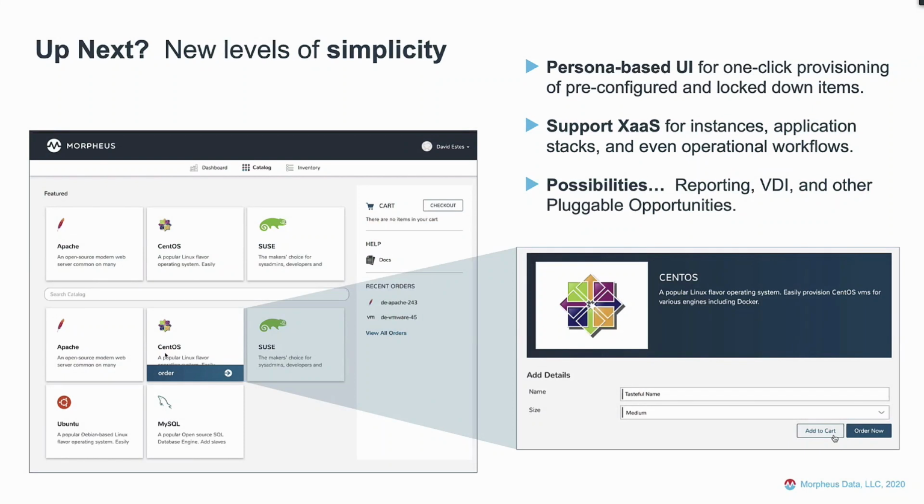All right. Just a quick roadmap. What's next from the self-service side? I do want to talk about this. We do have some new stuff coming in 5.0. You guys have seen a lot of the centralized platform and management UI of Morpheus, and we're adding a new concept called personas. What this persona idea is, we've run into situations where we've had certain customers who want certain isolated UIs,